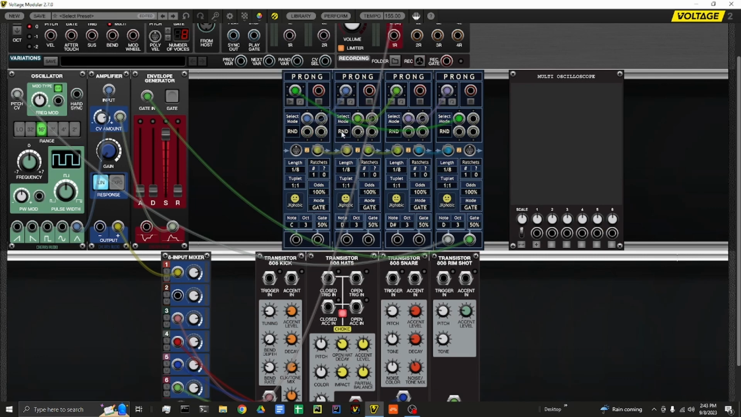So you could, instead of having it like this, let's have all these go back to the first one, and then this one randomly will go to any of these. Let's change this note so we,